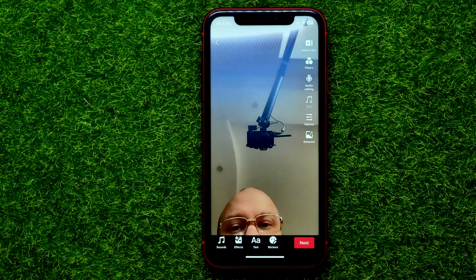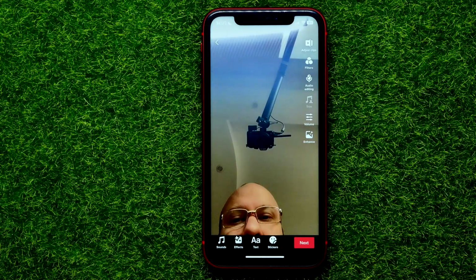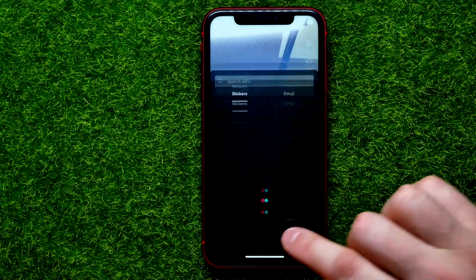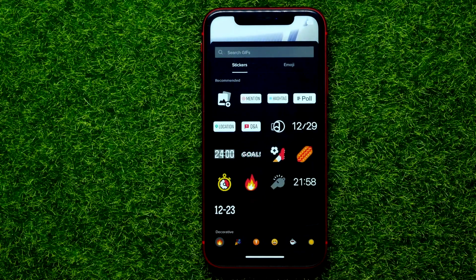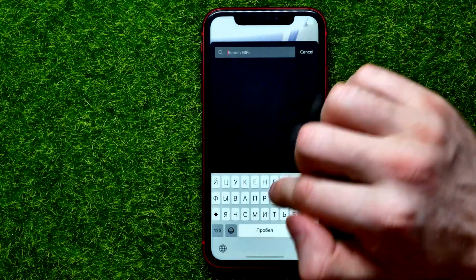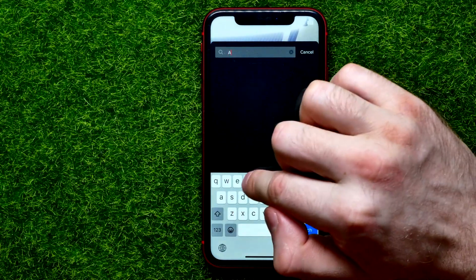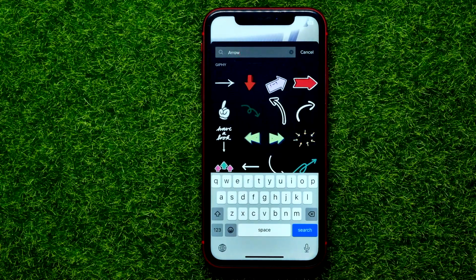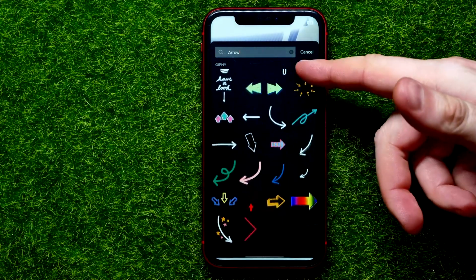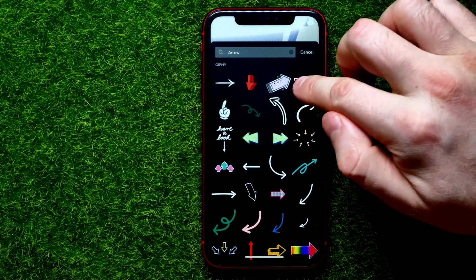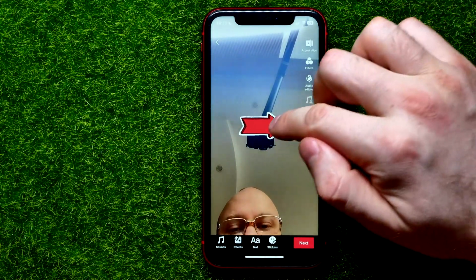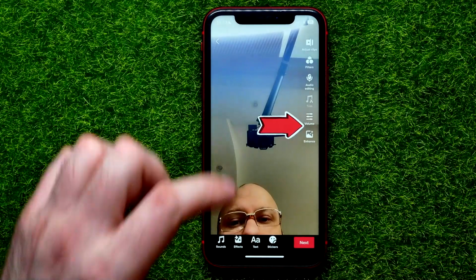next step, and on that step, in order to add a call to action to that video, you have to hit right here at that stickers icon. Then just search for arrow, just like that. Then select any arrow that you like. I like that one. You can simply add it to your video by selecting it, and after that you can